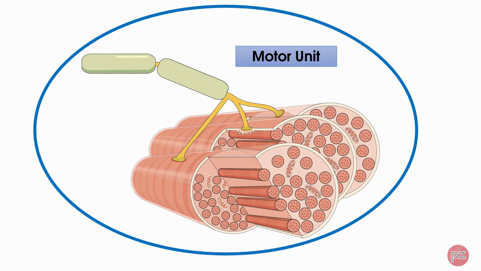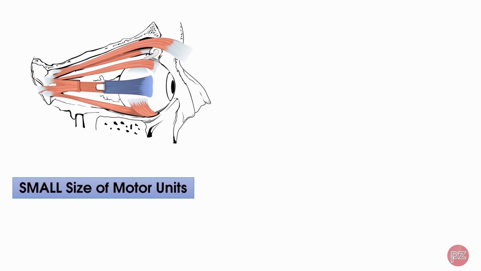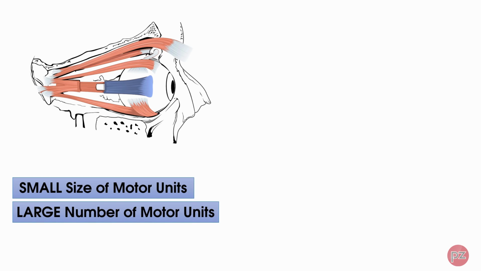The importance of understanding what the motor unit is comes from being able to understand the functionality of why our muscles do what they do. So take, for example, one of the eye muscles, such as the lateral rectus muscle on the screen. These muscles around the eye have 10 to 15 muscle fibers supplied by one motor neuron. So that's quite a small size in terms of the motor unit. The small size of motor unit means there are a large number of motor units, and those two things together allow precision of movement, which is obviously important for the eye,